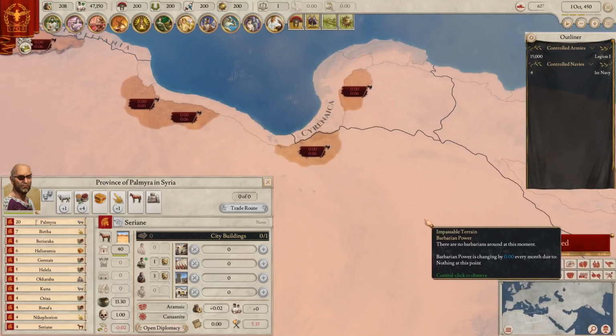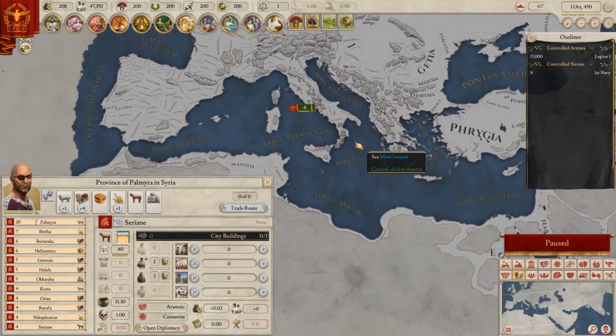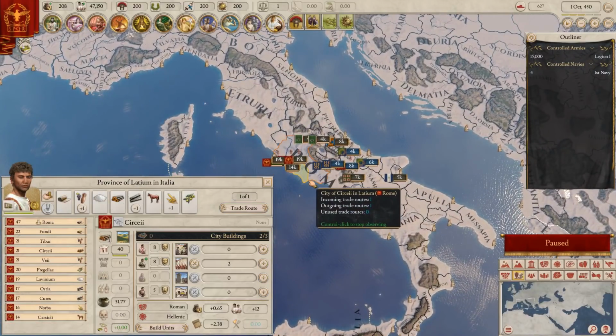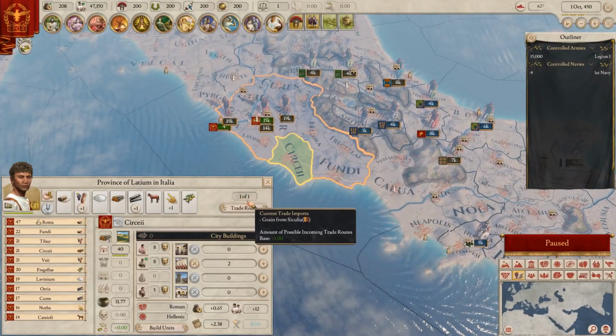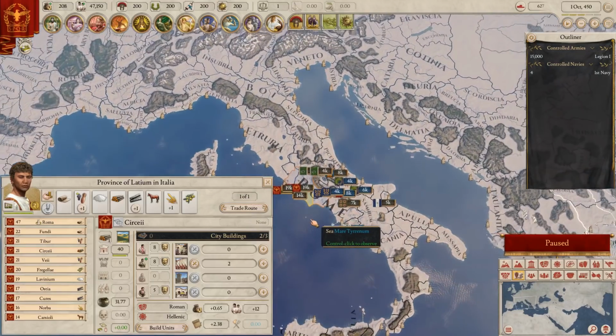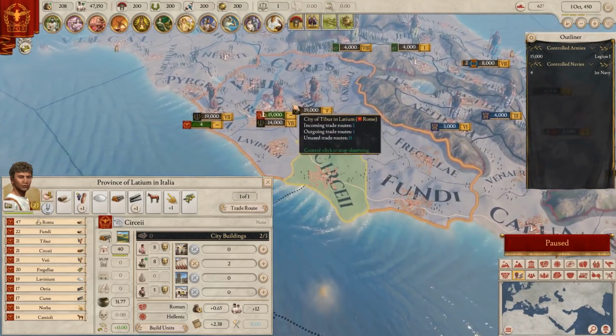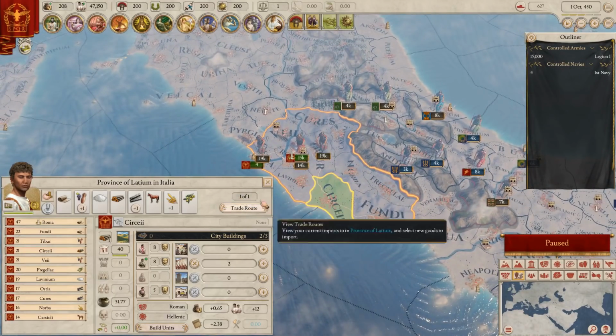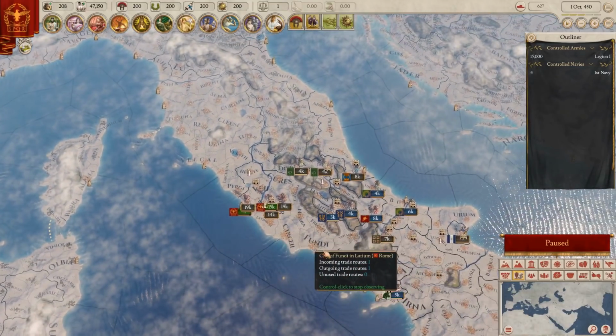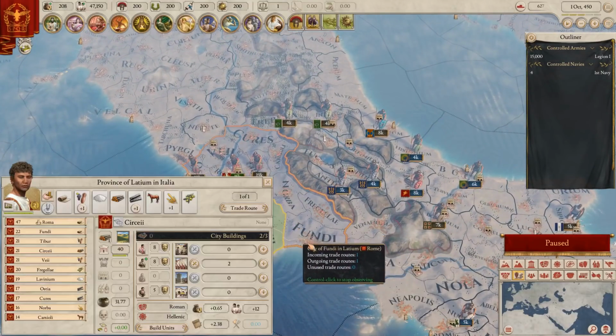Next up, we have our trade routes. Trade routes are really only for your home country. It shows you if you have provinces that are not using all of their trade routes. So since we only have one province right now as Rome, it doesn't do anything. But if we had two provinces and one of those provinces did not have a trade route,